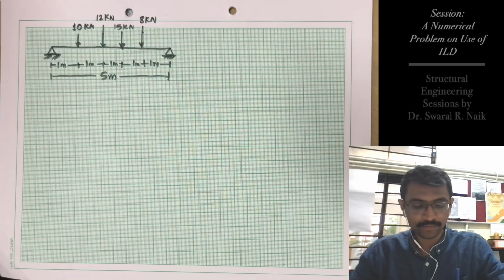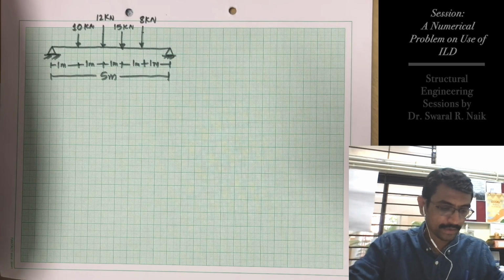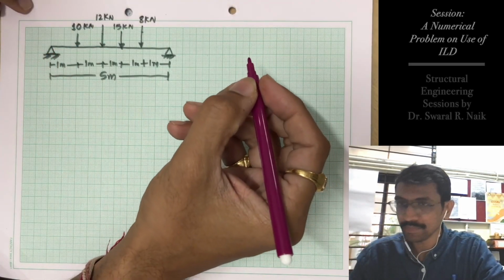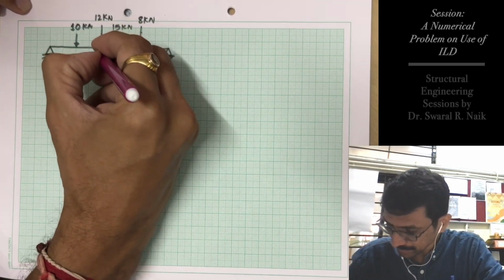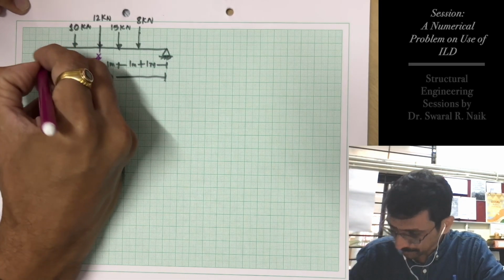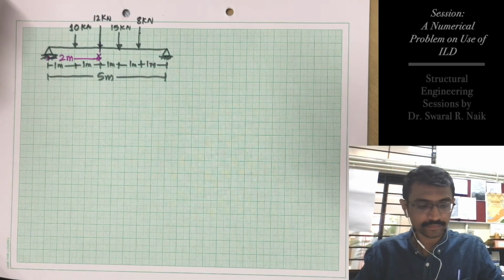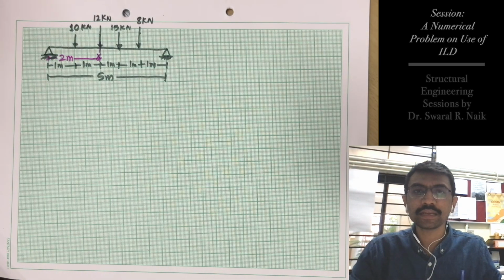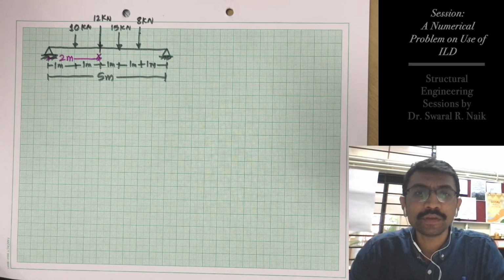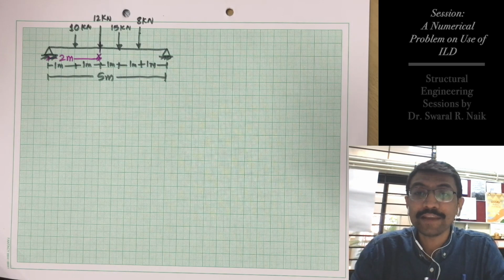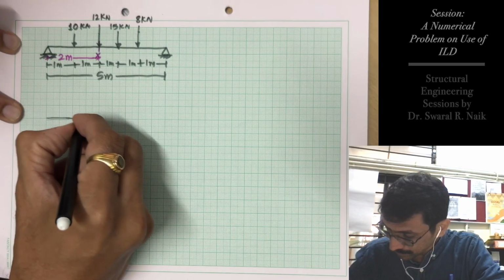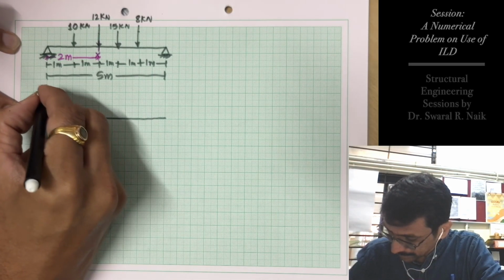And we have to draw ILD for RA, RB, and SF at section X and BM at section X. The section is given at 2 meters from left. As we know, easily we can calculate ILD for RA and ILD for RB. I think now we don't need to do any calculations for drawing ILD for RA and RB. Simply we can draw ILD for RA will be